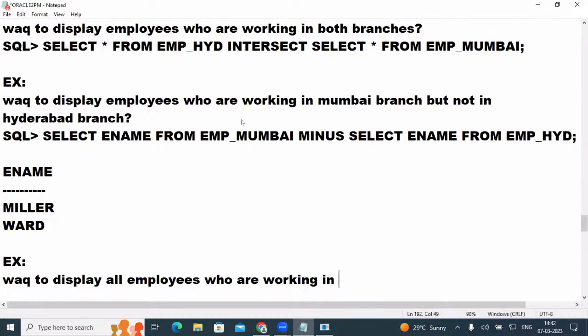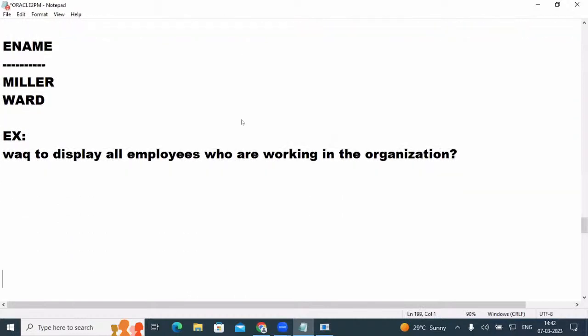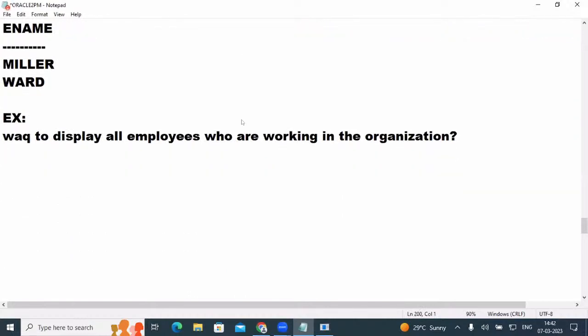Otherwise, simply we can say who are working in the organization. So who are working in the organization? It means